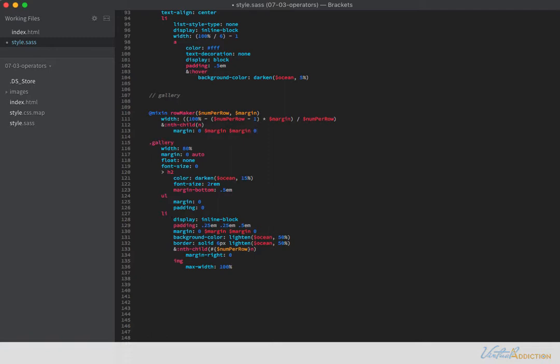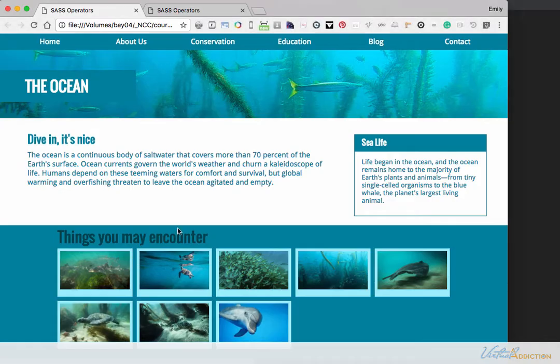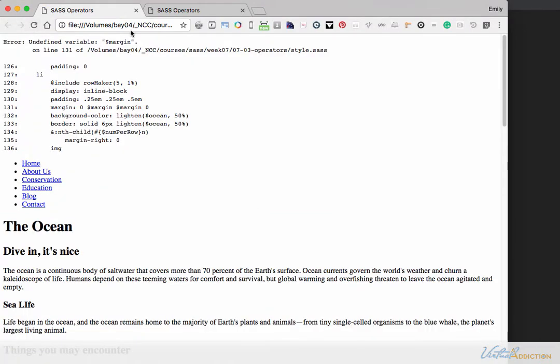And then inside the li item, I'm going to include my mixin, so we'll use an @include. We'll put the name of our mixin, row maker, and then I'm going to pass on the parameters. So let's try 5 columns, and we'll do 1% for the margin, just so we can test this and see if it's working. Now if we save our page and we refresh in the browser,